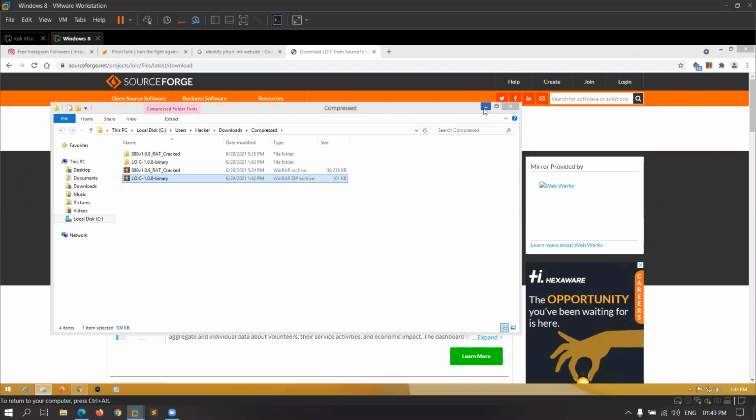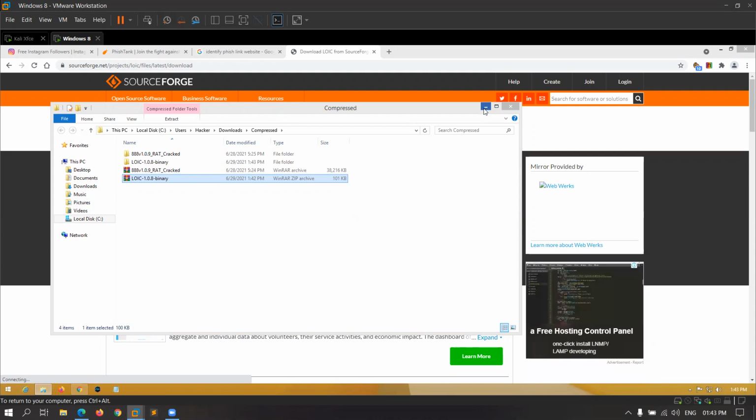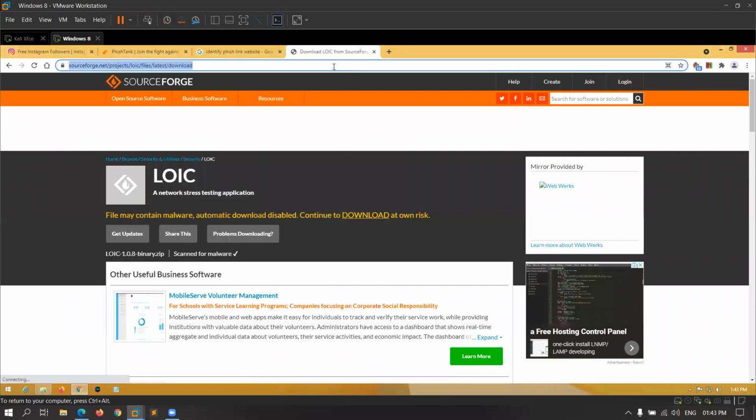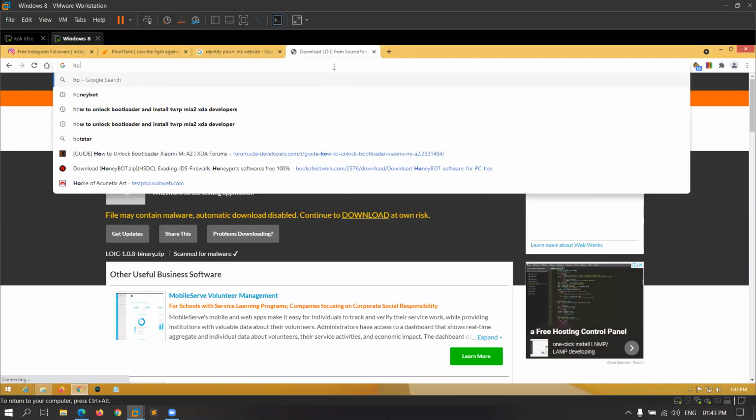So you can perform a DOS attack on a testing platform like testphp.vulnweb.com, or you can also perform the attacks on a website like certifiedhacker.com. So I am showing the process of how you can do these things. I have downloaded the LOIC, Low Orbit Ion Cannon, and I'm also downloading the HOIC tool, which is High Orbit Ion Cannon.